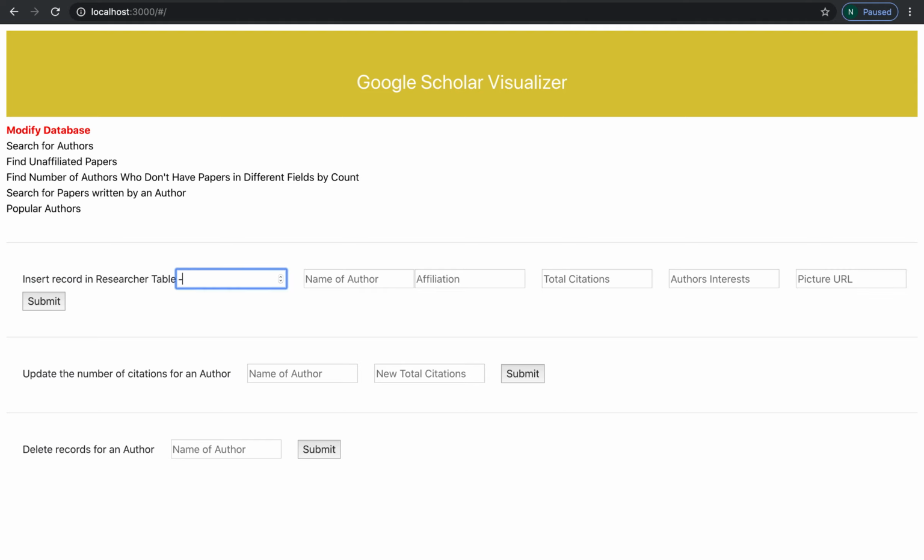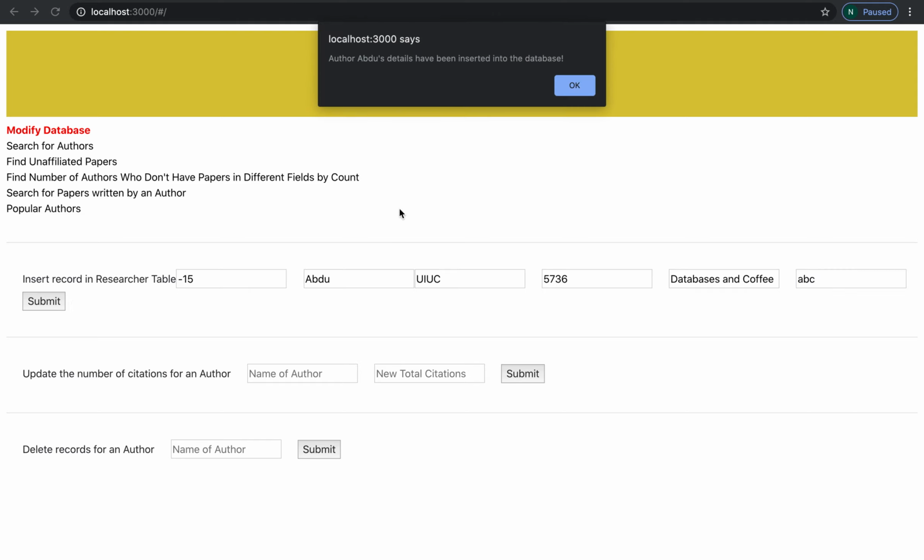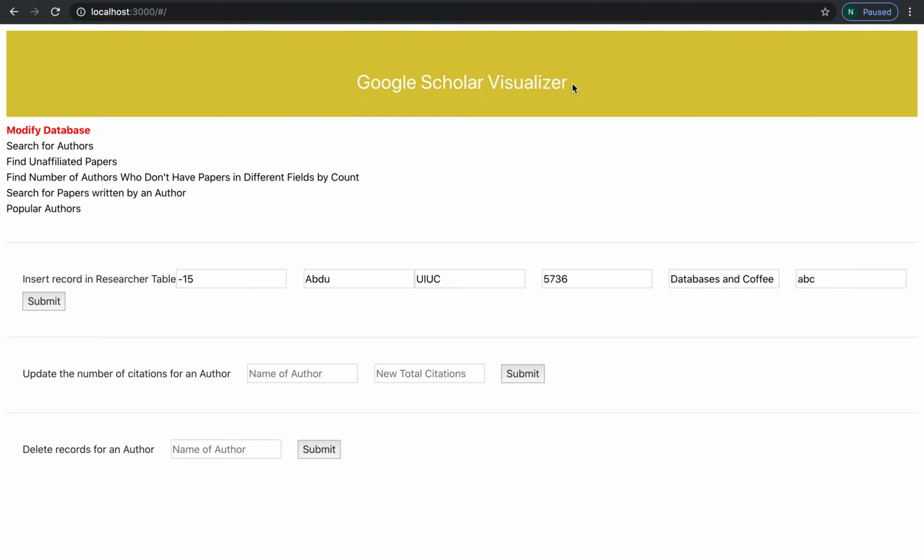So I can insert a record here. So the name, affiliation, total number of citations, author's interests, the URL, and submit. So as you can see, the data has been inserted, and I can also update the